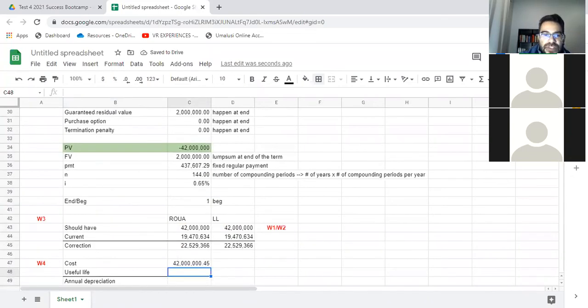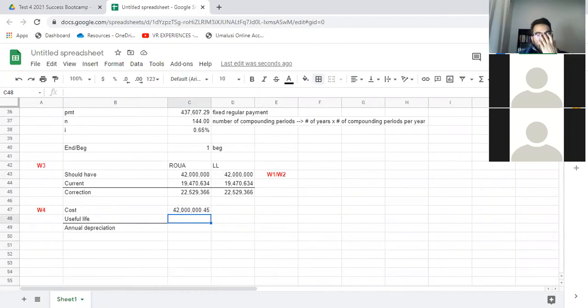Useful life. So remember, how do you think through the useful life? With a useful life, there's one of two options. You must first run through option number one. If it's not option number one, then it has to be option number two. So option number one, I call it an option. Okay, it's not really an option, but basically option number one, if the asset is going to transfer to you, or you're going to exercise the purchase option, then the useful life will be the useful life of the asset. Okay, so take note.